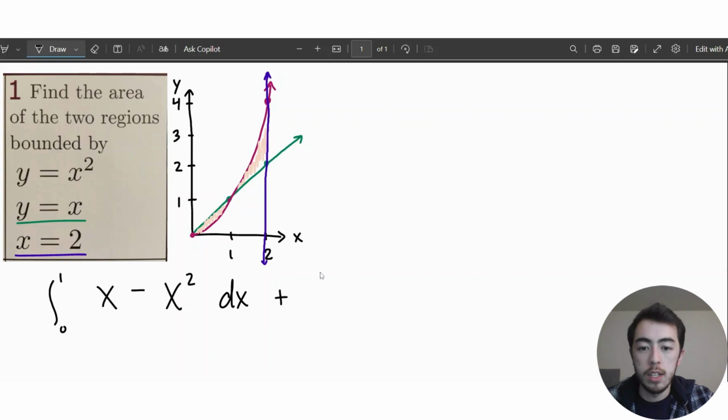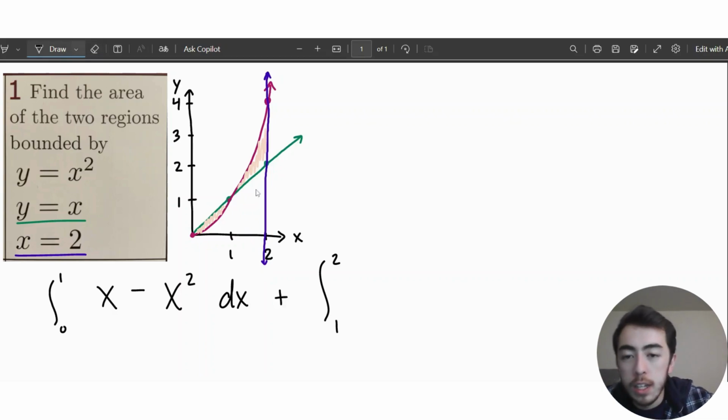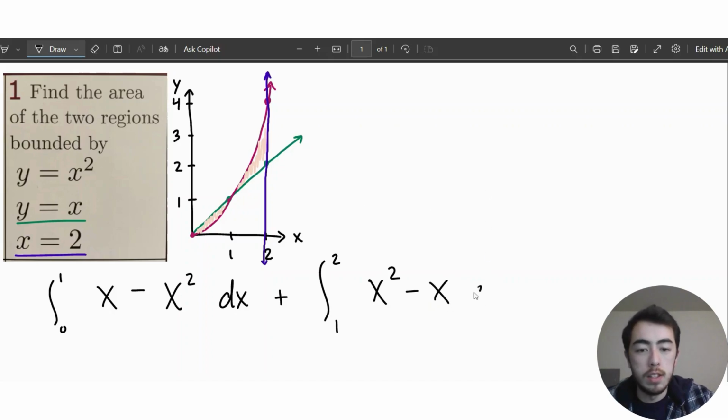And I should add it to the next integral that calculates the area of the next shape. That'll be from 1 to 2, because again, I'm looking left to right, trying to figure out where is that shape that I'm worried about. And here it looks like my top and bottom functions are flopped. So my top function is the x squared, my bottom is just the x,